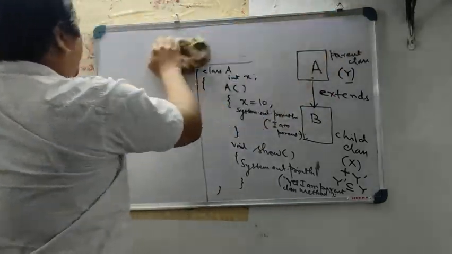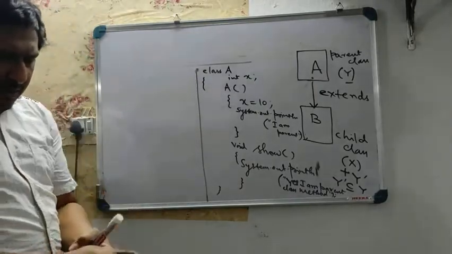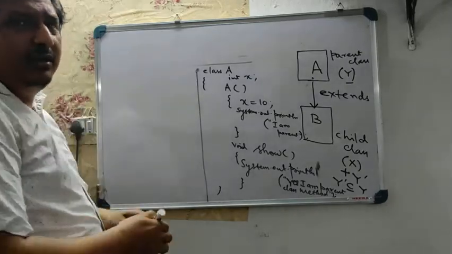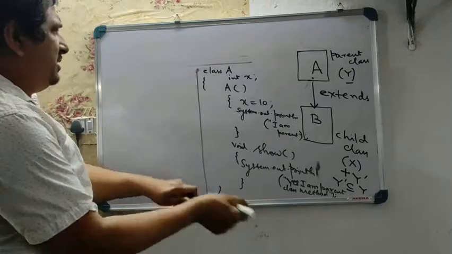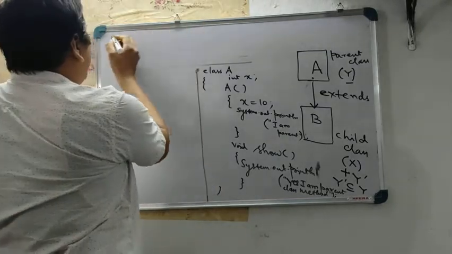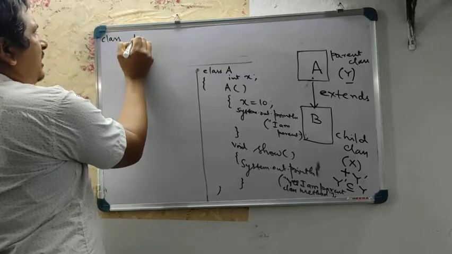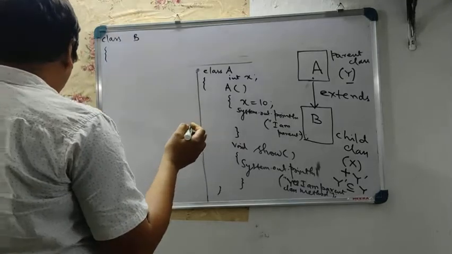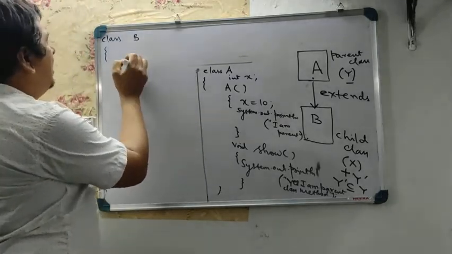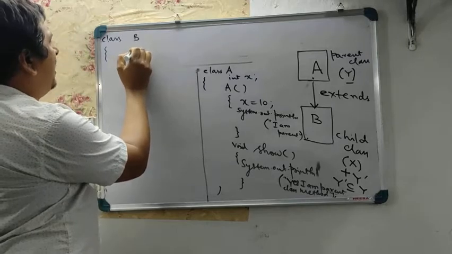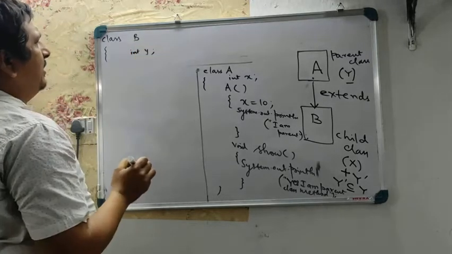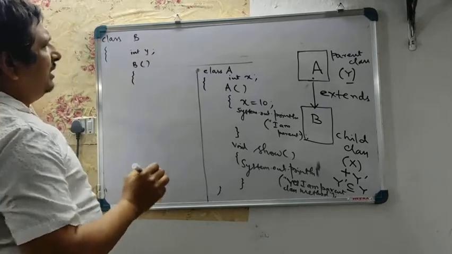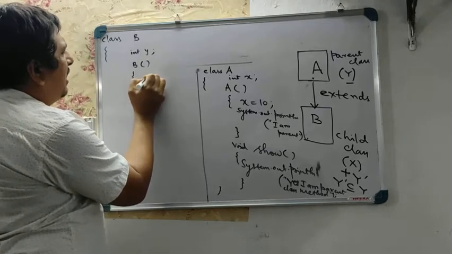Today's class is very important because every program, whatever program you are going to write in Java, you need to use this very basic concept of inheritance. So let us try to write class B. Class B is also another class, which is basically a child class. So what should I write here? In class B, I am going to define y, and then there will be a constructor. So here, what I am going to write, I will explain later.